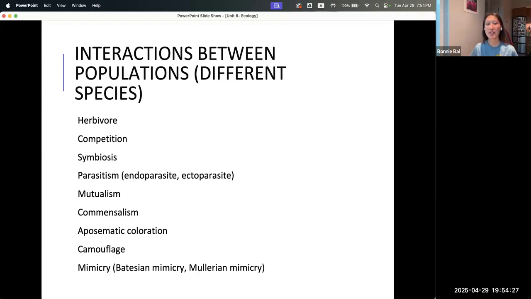Mutualism means mutual, so it's a mutual relationship. The two species are both benefiting from the relationship. So examples could be the alligator, or more like the crocodiles, and the birds. So there are these birds that will clean the teeth of the crocodiles. I'm sure you've seen pictures of those. And then in that situation, the birds are getting some food, and the alligators or the crocodiles are getting their teeth cleaned, which is fantastic. Mutualism, also flowers versus pollinators, pretty classic example.